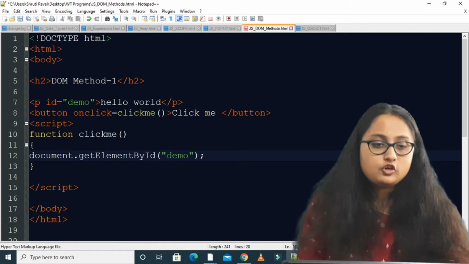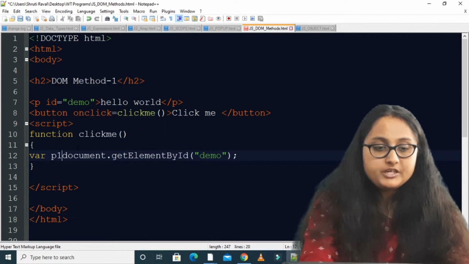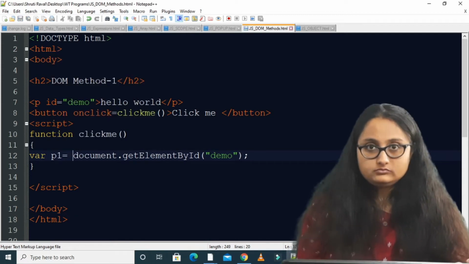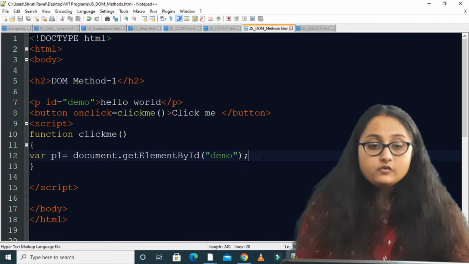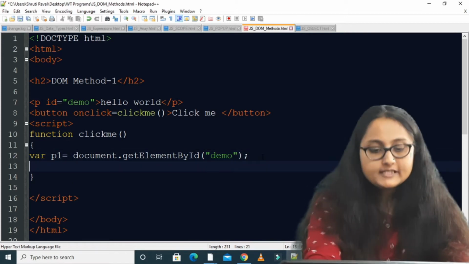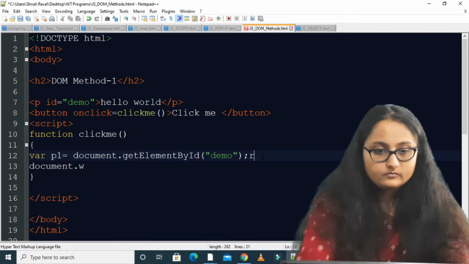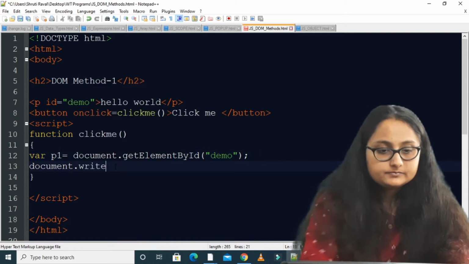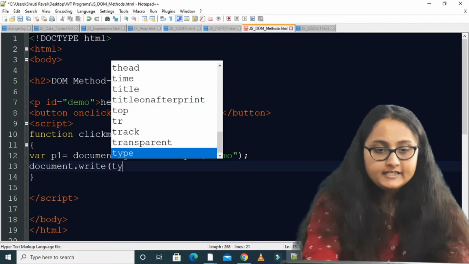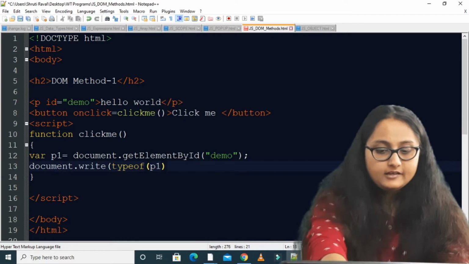I am writing a semicolon over here, var, and I am writing p1 is equal to, right? Now let us check the type of p1. I write document.write, and inside that I write typeof, and inside typeof I write p1.